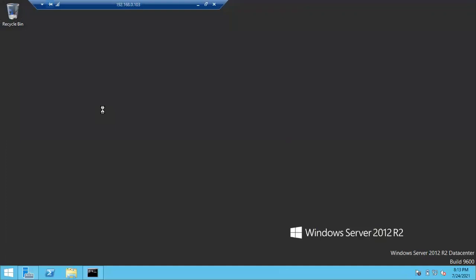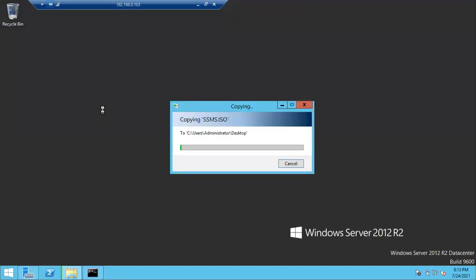In case I want to install any software, I have to first copy, right? So now I'm copying my SSMS using right click copy, right click paste, as I just connected to the RDP. If you are connected to the RDP, then only you can do right click copy, right click paste. If you are directly connected, it is not possible to copy paste. Copy is possible, but the paste option will be grayed out, disabled.